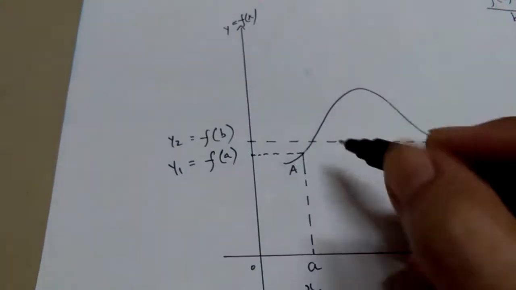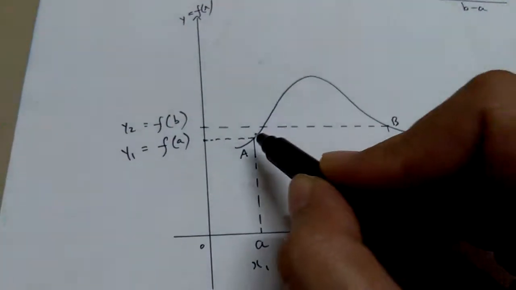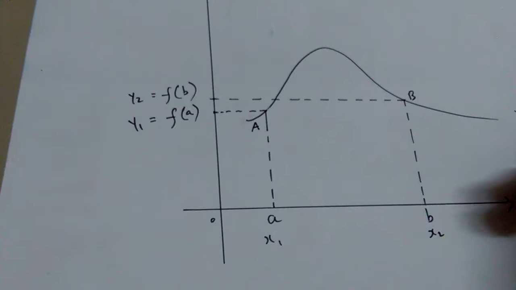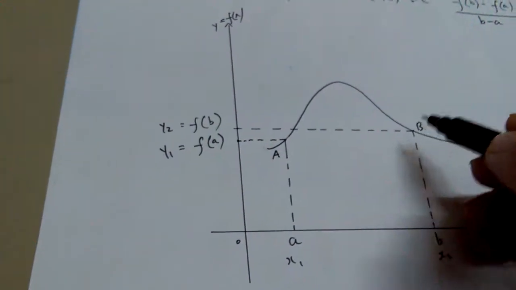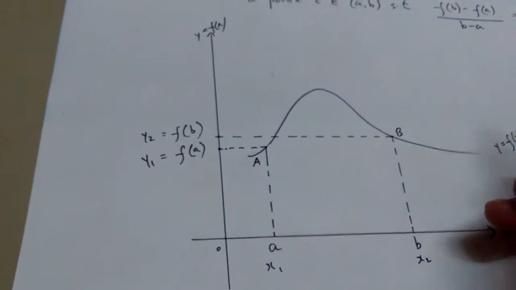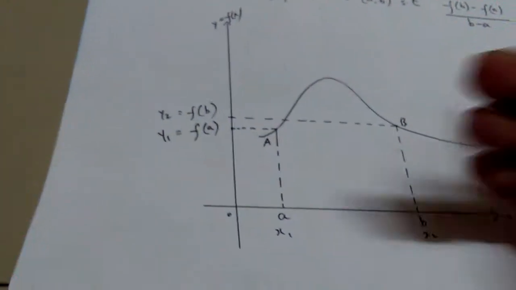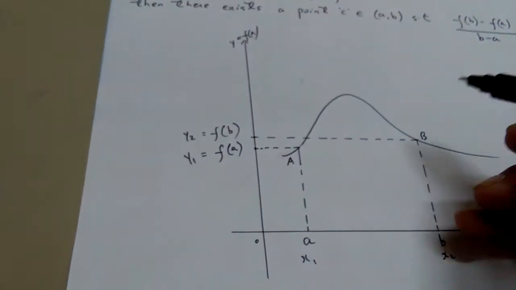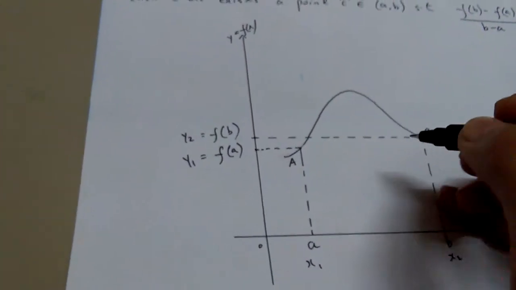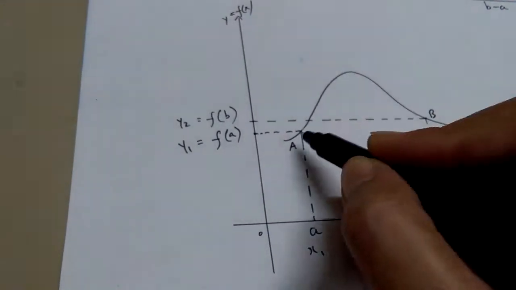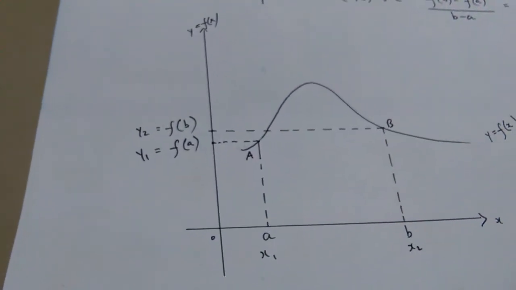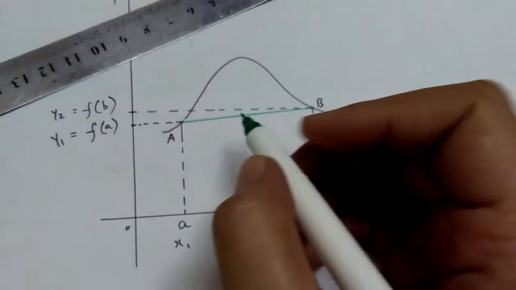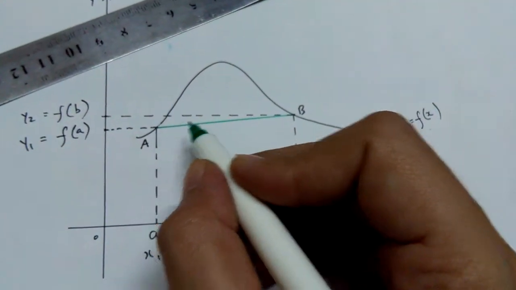Alright, so you see, once I try to join these 2 points A and B, I'm going to have obviously a secant line, because a line segment joining 2 points of the curve is said to be a secant line, and I have just explained this thing quite in detail in my video of tangent line and derivatives. So let me try to join these 2 points A and B in order to get a secant line, and then I'm going to observe its slope over there. Okay, so this is the secant line AB, and I have to find out the slope of this secant line,